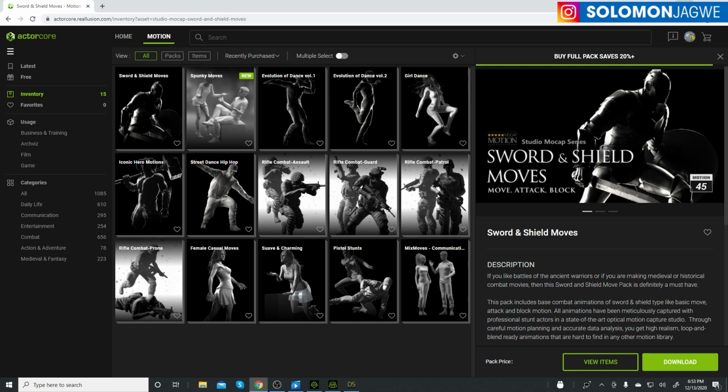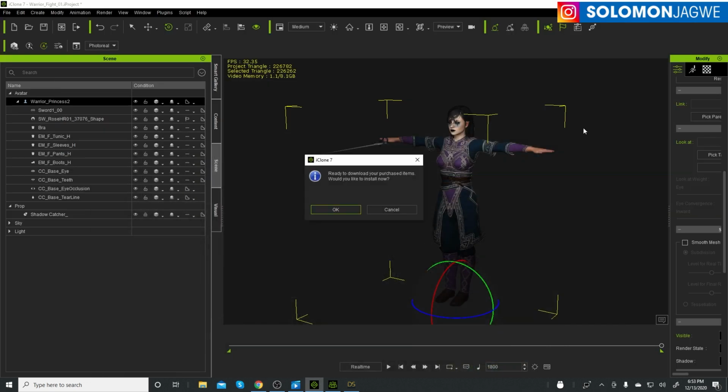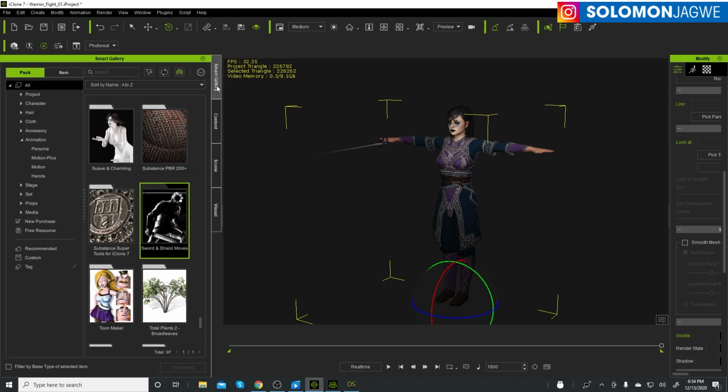Okay, so let's minimize this and ready to download your purchase. So it's asking me if I'm ready, because I clicked on that Smart Gallery. I click OK, and it's going to go through and download. If I click on this, you can actually see the sword and shield moves downloading, and depending on how quick your internet connection is, it will take a short time or a long time, but you can see when it's